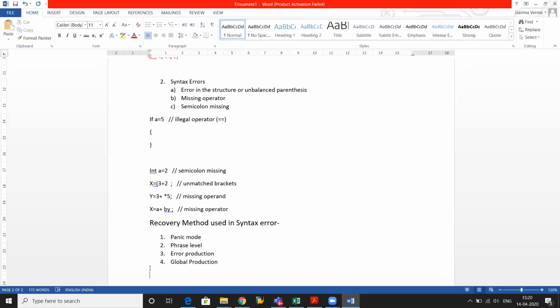So panic mode, as we have already discussed in the lexical analyzer: whenever it detects an error at a particular point, it discards the remaining characters till it finds a separator in case of the lexical analyzer. But in case of the syntax analyzer, it discards the whole structure till it finds the end of the structure. For example,